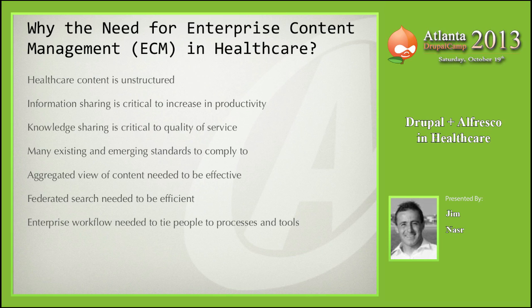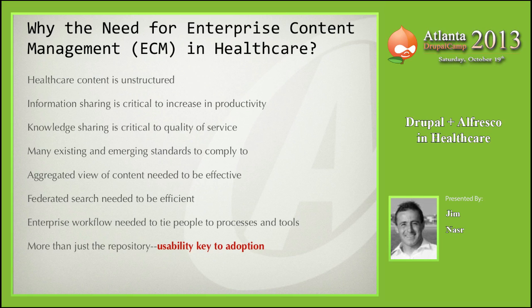Other things that are maybe self-explanatory. When you have all these different systems and processes, you really need to have an enterprise workflow to tie them together, and not just systems, but also people, right? Because these processes are about people doing things, and particularly in the medical world, having quality around it. So if somebody signs off on documentation for a drug that's going to go to the FDA for approval, we need to make sure that person, one, was authorized to do it, and two, actually did it, read it, did it, right? That's where workflow and electronic signatures, things like that come into play.